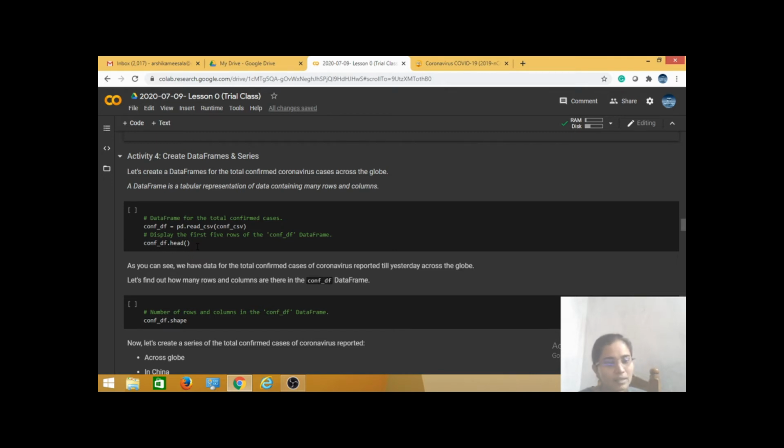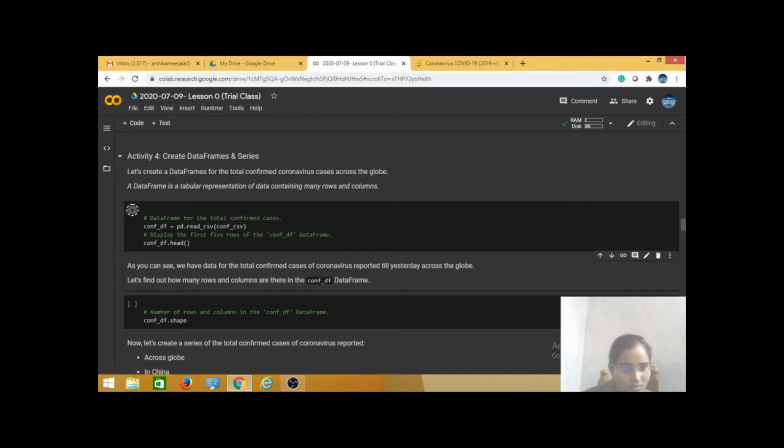Why I am giving that is, we don't know the size or shape of the table, how many columns or rows are available. That's why I want to print the starting few rows. That's why I am giving this confirmation df dot head.